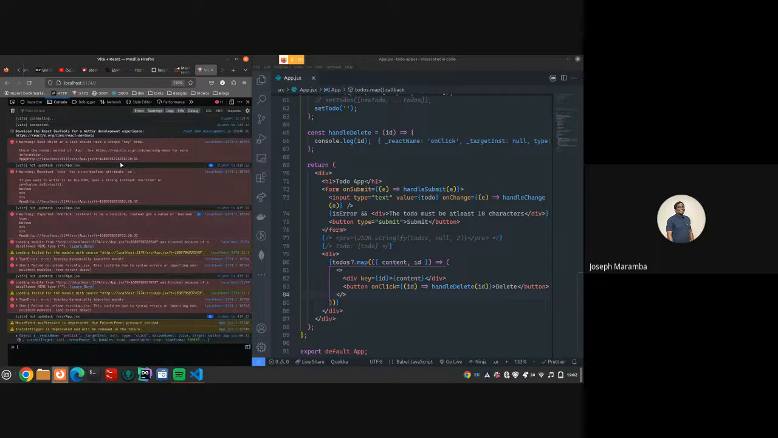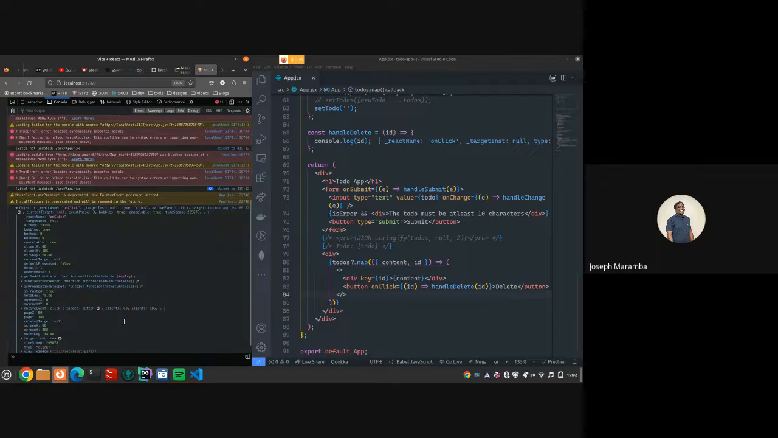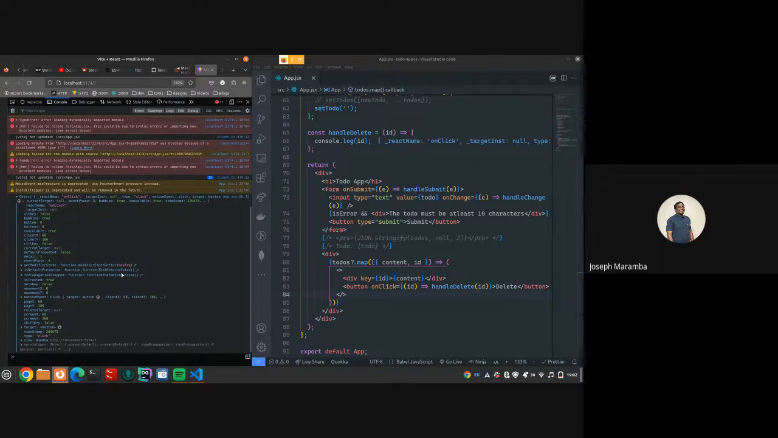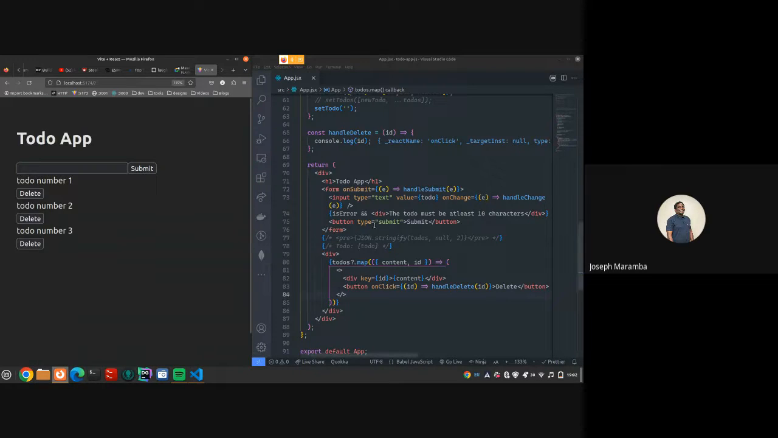Console. Yeah, object. I think this is the event. This is the event. We might be having an error here. And I'll delete. Is it the same one? Let's see. I think it's doing that because